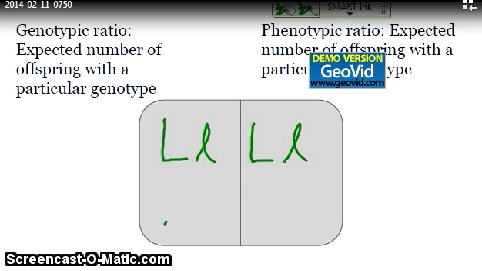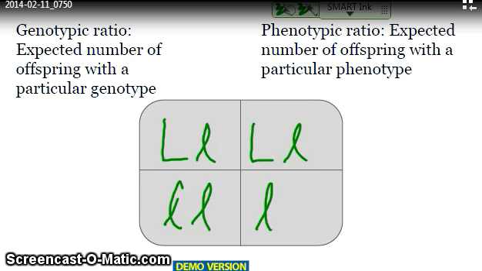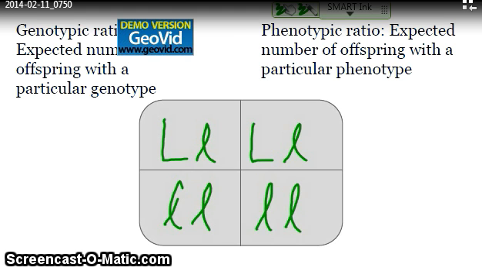So let's talk for a minute about genotypic ratio versus phenotypic ratio. Genotypic ratio is the expected number of offspring with a particular genotype. So as you can see, we have two different genotypes here. Phenotypic ratio is the expected number of offspring with a particular phenotype. In our case, we're going to see two of the same ratios, but in other cases you can see different ratios. So if we take a look here, long to short,